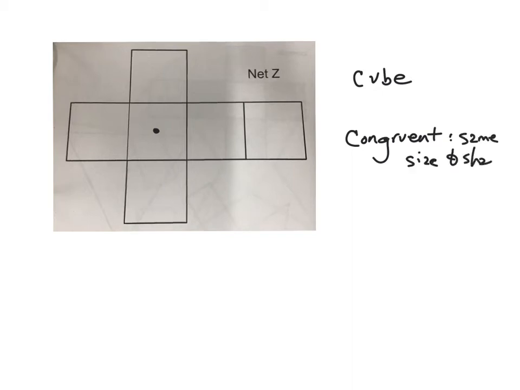Okay, now this particular net is one that you have worked with already. You've worked with this in past grades. I think a lot of you might be yelling at the screen right now, oh, I know that is a cube. Well, let's talk about how we know this, okay? So we look at this first shape and we see that they're all squares. All of these shapes are going to be congruent. Remember, congruent means same size and shape, right? Same size and shape. Okay, so all of these 1, 2, 3, 4, 5, 6 shapes are congruent, so that means that it's going to have